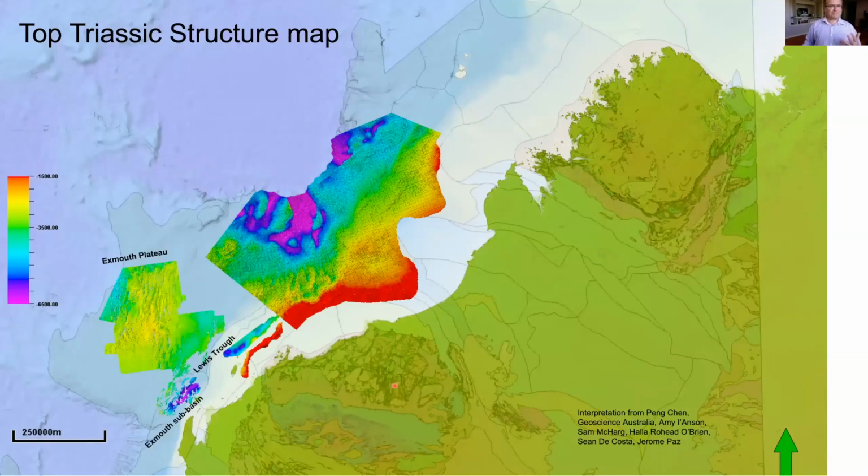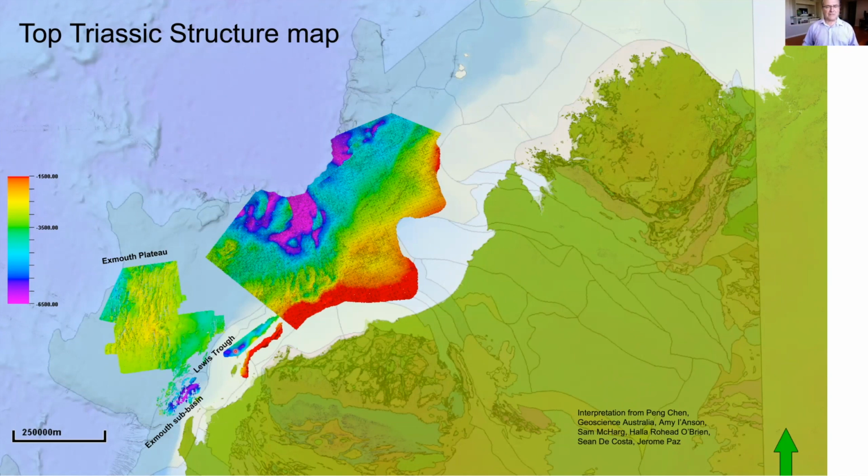relatively strong. So again, this shows some of the regional mapping, also shows the very extensive mapping carried out by Geoscience Australia, by Steve, Nadej, and Claire in particular, which has been a great help as well to be able to integrate that with ours. So this is showing the structure at the top of the Triassic. In other words, after that sort of period of filling the Permian rift, and then the effects of the subsequent Mesozoic deformation. And again, you see the very strong north-south orientation of the faults over large parts of the Exmouth Plateau, the northeast-southwest orientation of the marginal basins reflecting the earlier fault system, and in particular the synclinal nature of